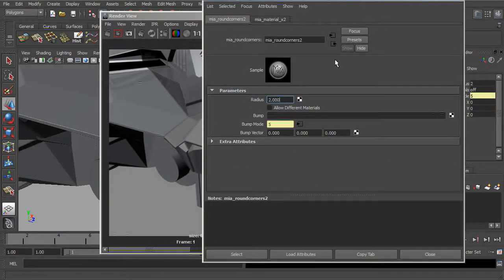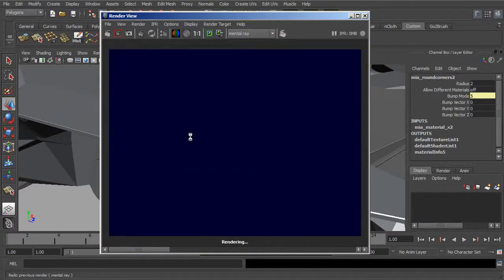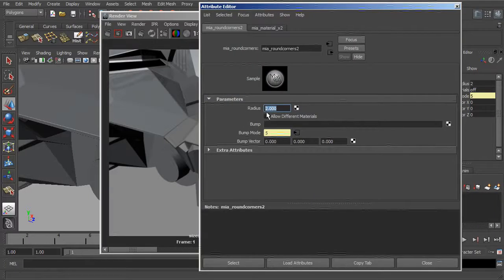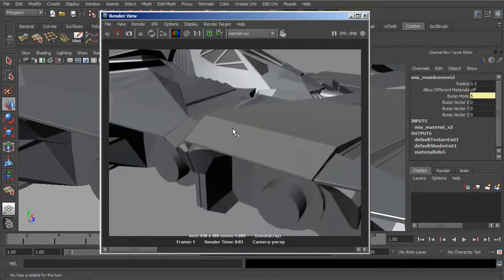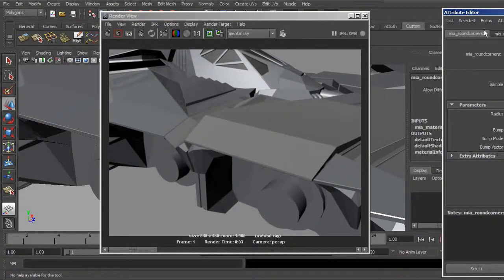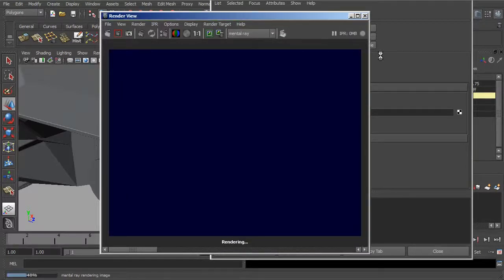And so we'll go ahead just about half that again and re-render, and we just want to dial it in until we get the edge hardness that we want. Okay, maybe take that down to 0.5 and see how that starts to look. So now we're starting to get a little bit of that bevel along the edge. Let me set that up a bit higher. Get something that's a little bit